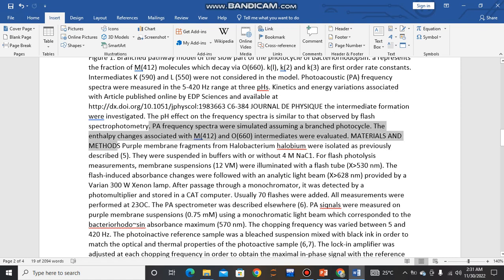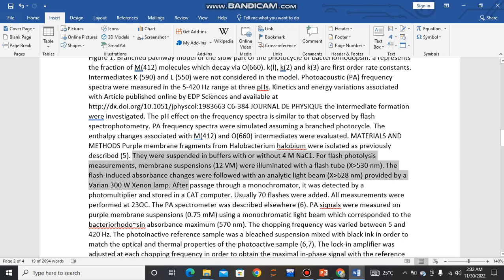Materials and methods. Purple membrane fragments from Halobacterium halobium were isolated as previously described. They were suspended in buffers with or without 4M NaCl. For flash photolysis measurements, membrane suspensions were illuminated with a flash tube. The flash induced absorbance changes were followed with an analytic light beam provided by a Varian